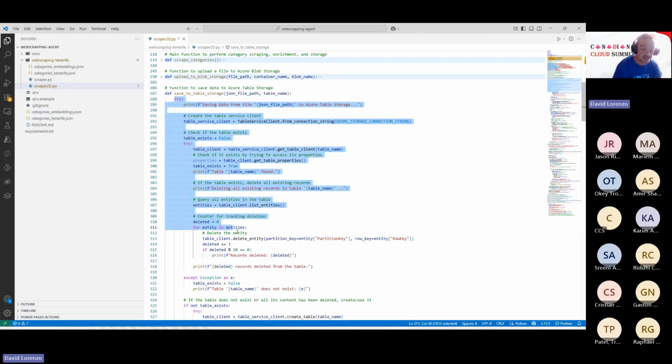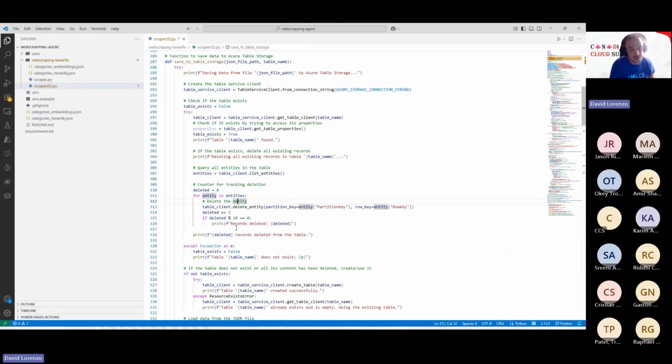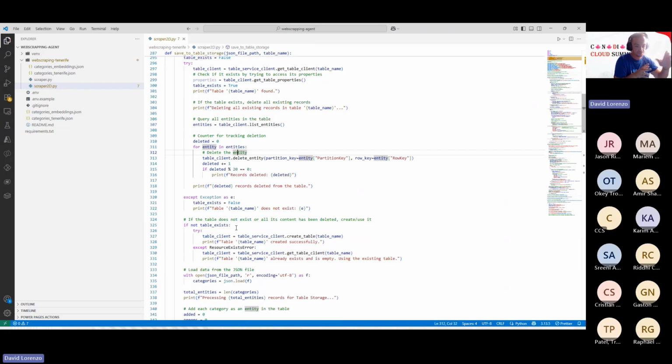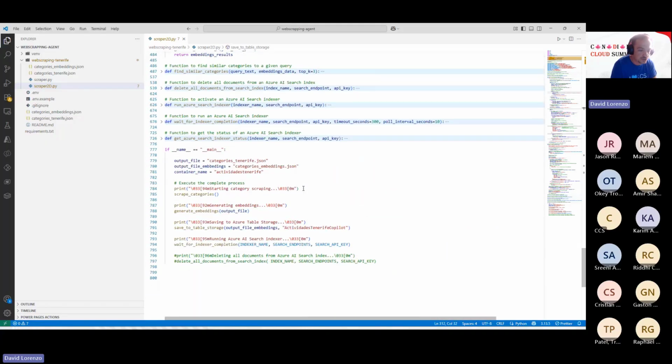Of course, we can just jump over this point and save directly to Azure AI Search, but we decided to do it like this. So we just save it here. You have a middle storage, so you can check if everything is correct, and then you finally send it